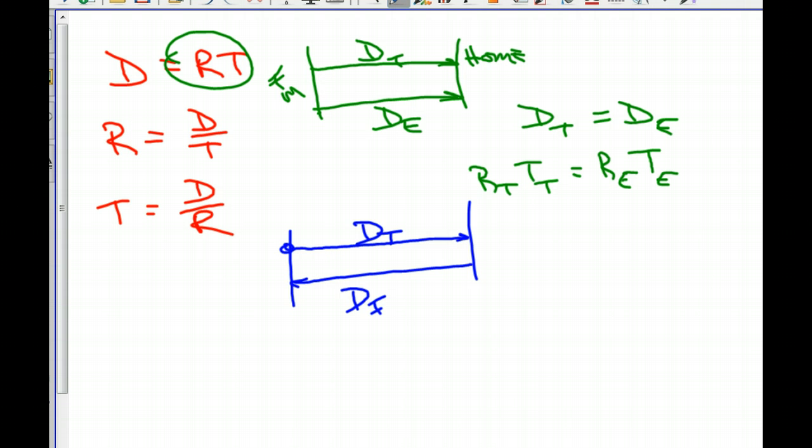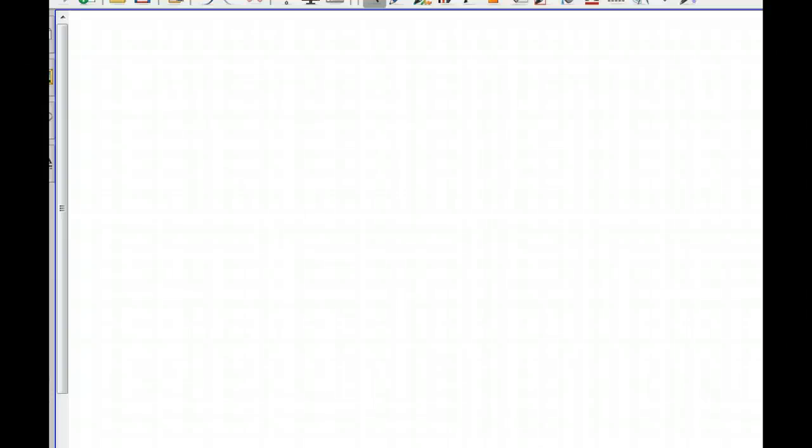They're equal. Okay? So that's a key thing, trying to figure out what you know is equal to each other. Sometimes those distances are equal, sometimes they're not. But you have to make them equal by adding or subtracting a number or something in order to make that the case. In this lesson, we're not going to do that. We're just going to make them all equal, and life is so much easier. So, let's look at